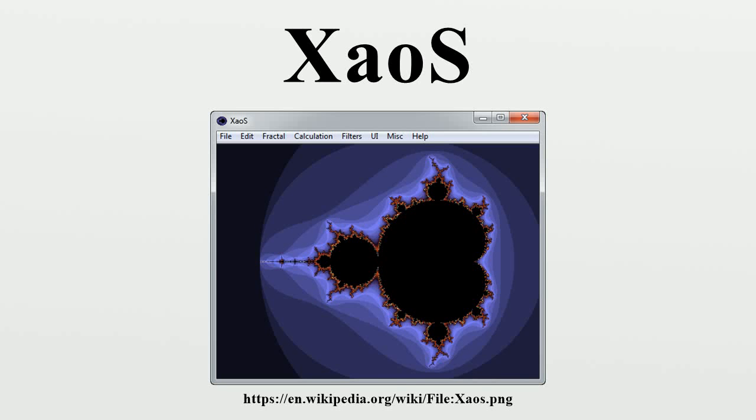XaoS is an interactive fractal zoomer program. It allows the user to continuously zoom in or out of a fractal in real time. XaoS is licensed under GPL. The program is cross-platform, and is available for a variety of operating systems, including GNU, Linux, Windows, Mac OS X,